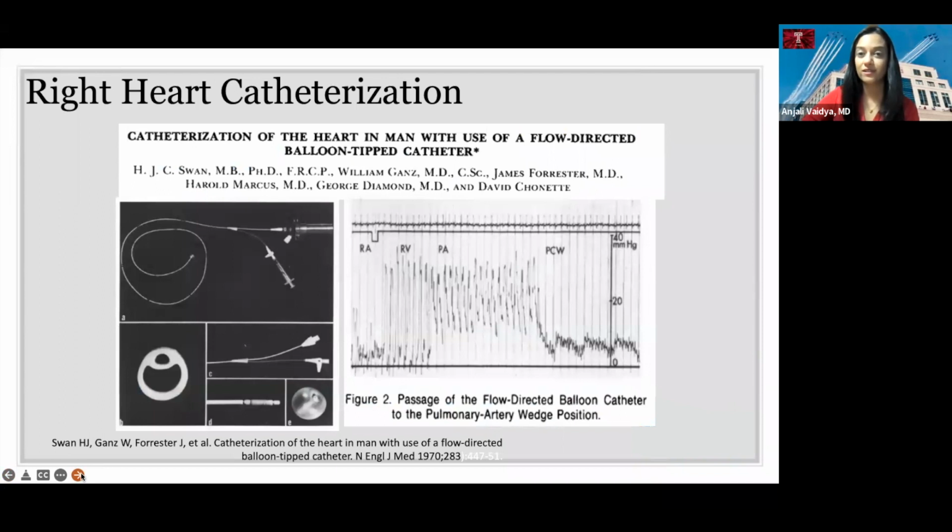So the right heart catheterization is a procedure that's done to directly measure, not estimate like the echo, but directly measure not just the pressure in the blood vessels of the lungs, but to tell us, your doctors, how severe it is and where it's coming from. Is it coming from stiffness of the arteries of the lungs? Or is there a problem with the left side of the heart that's stiff, which can also be very common? And we use these numbers to calculate additional portions like the function of the heart and how much blood flow your heart's able to generate, and things that really give us more in-depth information of the impact on your heart function from the blood clots in your lungs.